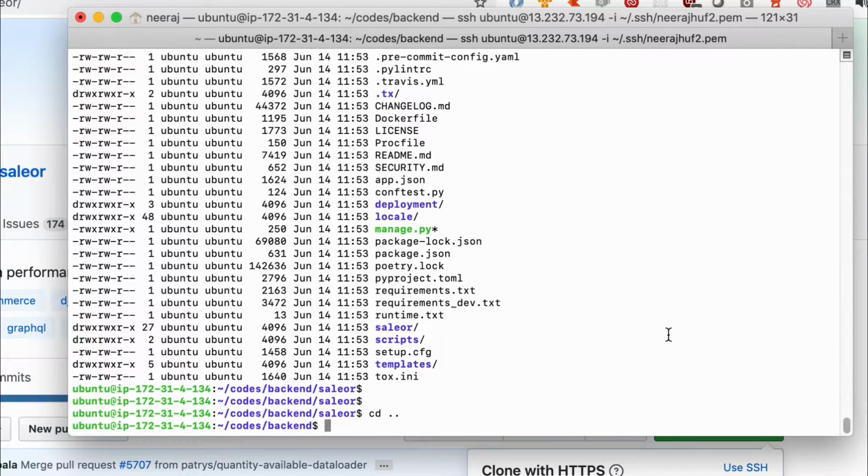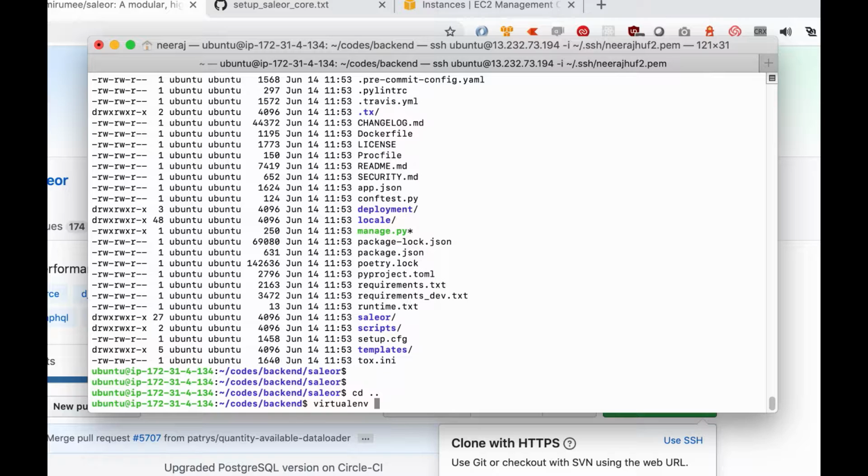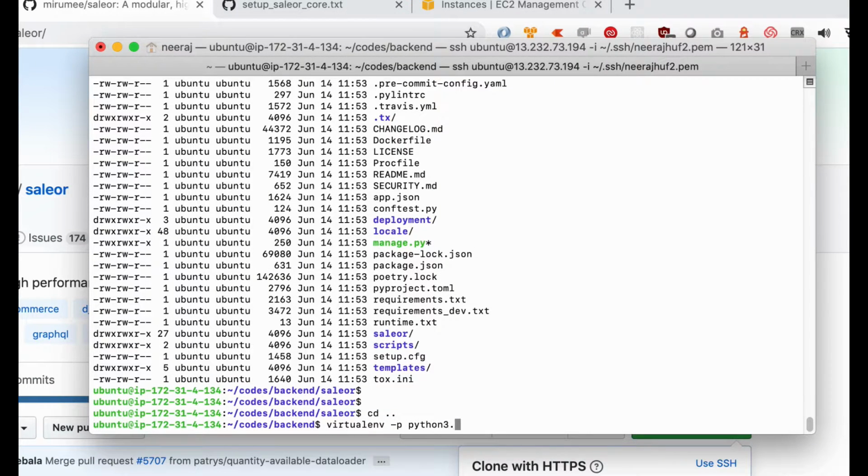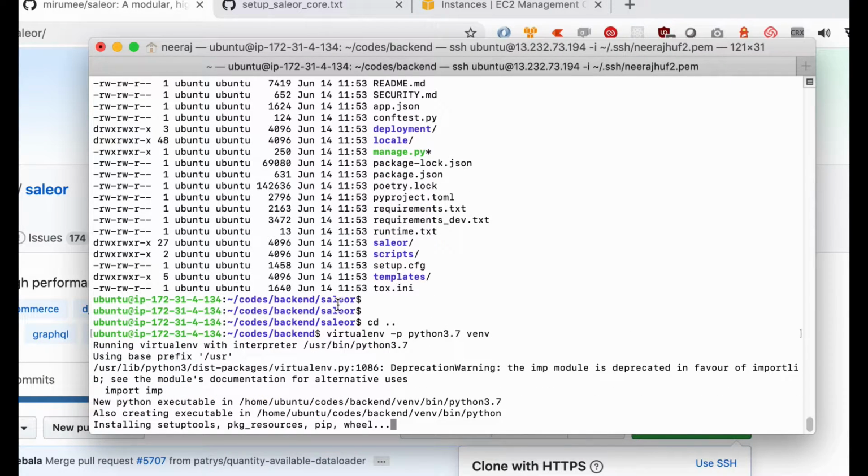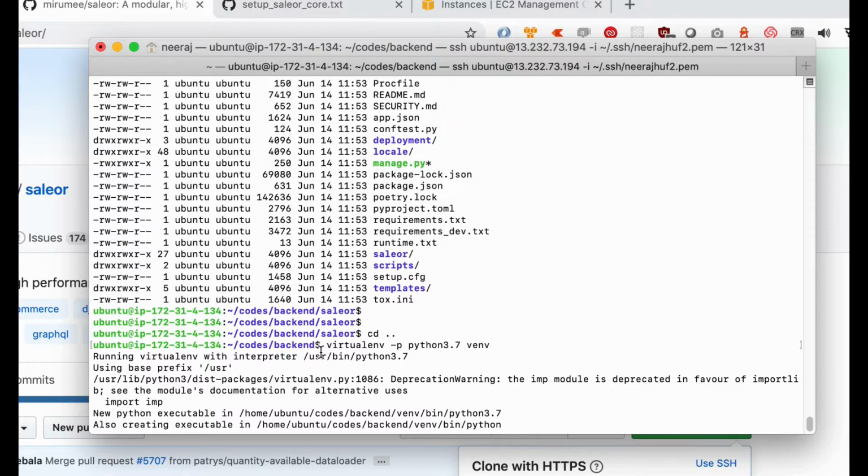What I am going to do now is create a virtual environment with Python version 3.7 with the name of venv. So why do we need a virtual environment?